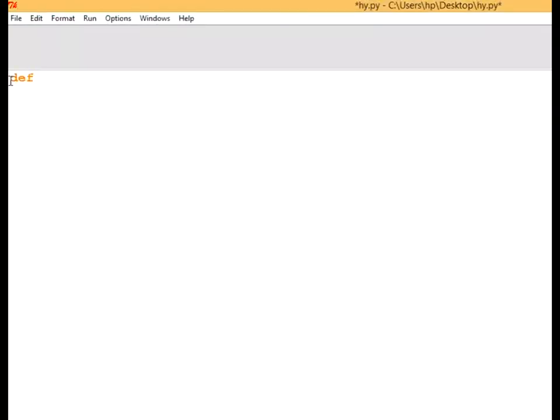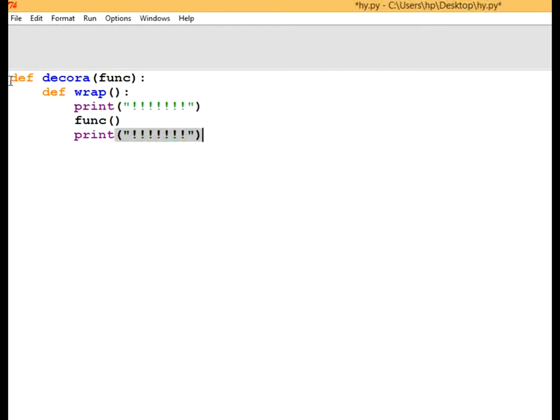Let us understand decorators with the help of an example. Here in the Python shell, I have defined a function named decora, in which I am giving an argument func. You know what the argument is that we give in the parenthesis. After that I have defined a function, wrap. Wrap is already available in the Python shell. After that I am using a print in which I am giving some structure. Then I have called the function which was passed as the argument in decora. After that I have given the same print statement and then I have returned the function wrap. Basically this wrap function is performing the task which I have defined over here.